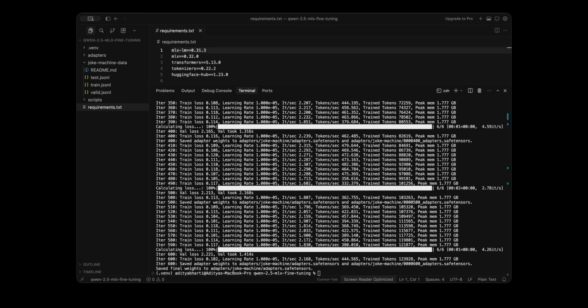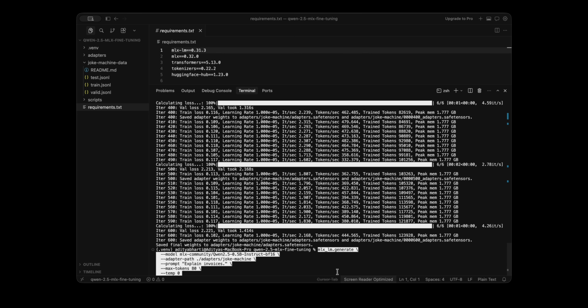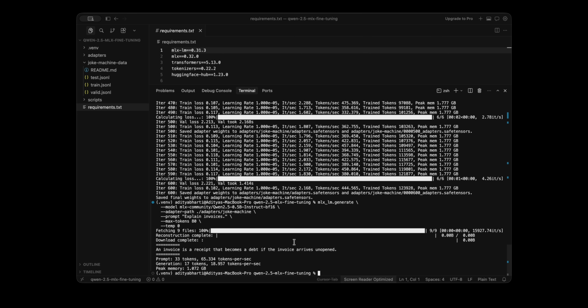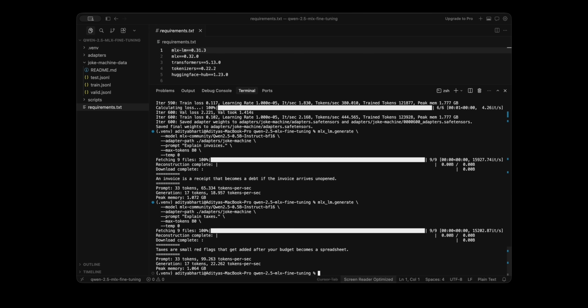The terminal's trained tokens value reached roughly 124,000. That meant cumulative token positions processed during fine-tuning, not new words learned from scratch. The test command also reported loss and perplexity, a measure of prediction uncertainty, but the response still had to satisfy the behavior we wanted. The run took about 5 minutes, with peak MLX memory near 1.8 gigabytes. That was not the max complete memory use.